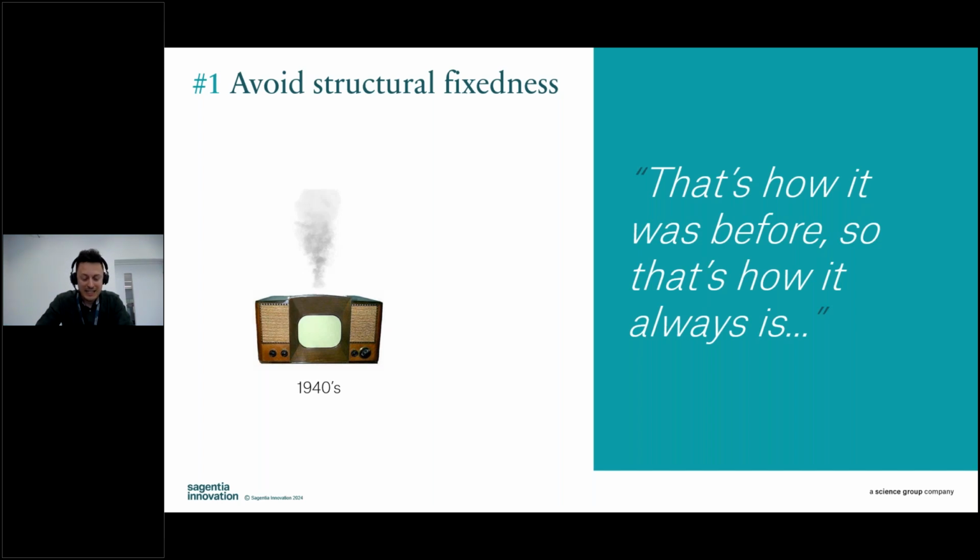Here's an even more dated example, 1940s TVs. When you look at the image there, the controls are to the left and right. And that was for really good practical reasons. The technology of the time, with the tubes that were inside, got very hot. They often used to get so warm that they'd explode. Certainly a lot of hot air and steam would come out of them. And the electronics and controls would melt if they were placed higher up above. So the controls, the speakers were deliberately put to the left and right.